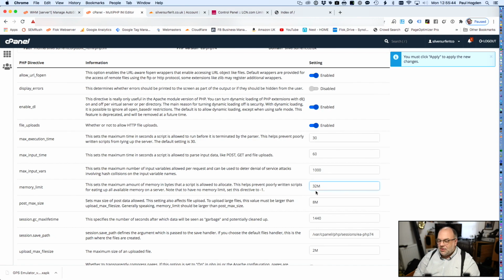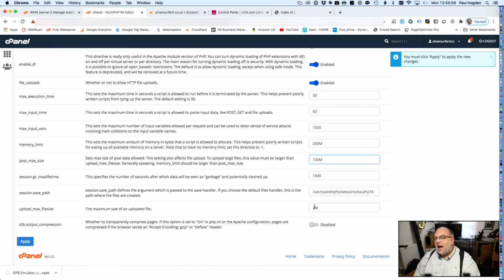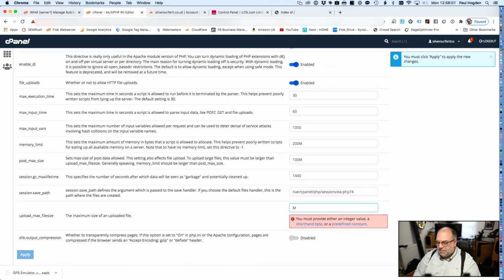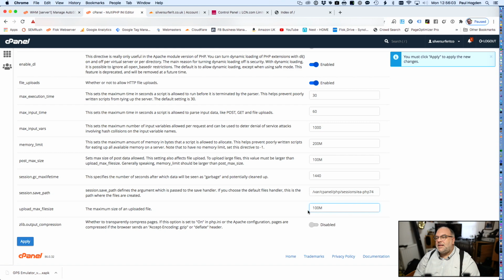The memory limit I do tend to jack up to about 200 megabytes. The maximum post size, certainly to begin with, although I wouldn't leave it at this once the website is live, I normally crank it up to 100 megabytes, and the same with the upload size, because some of the plugins and some of the uploads, and if I'm also uploading a backup, need that upload size to be high to allow those to actually upload.